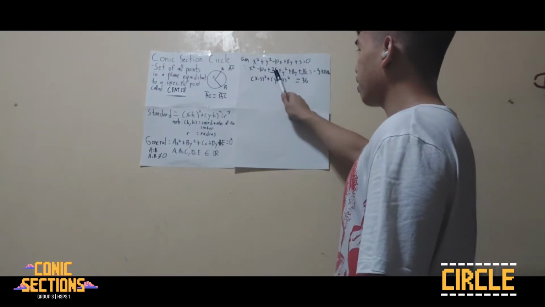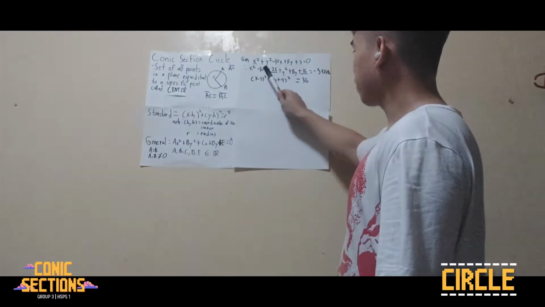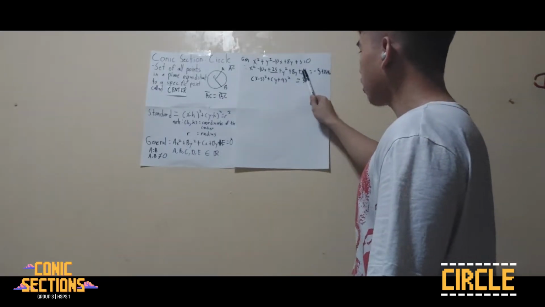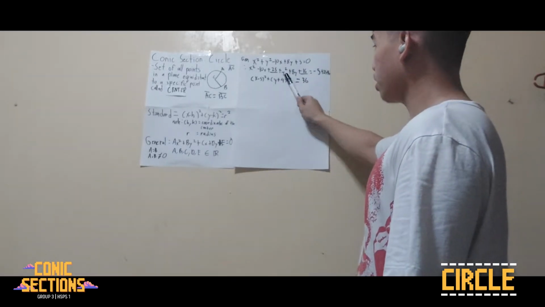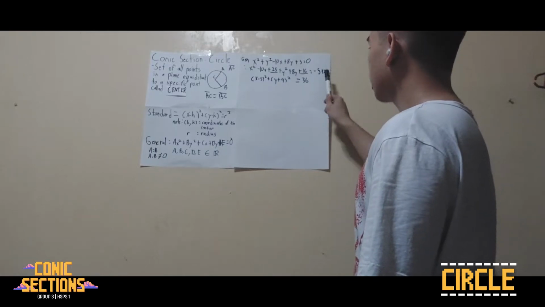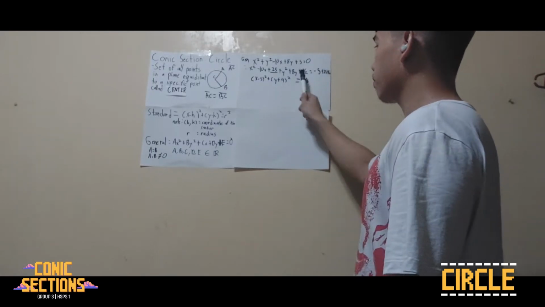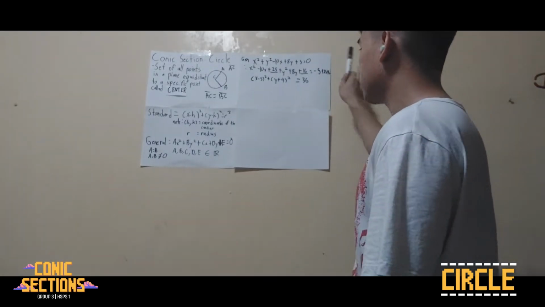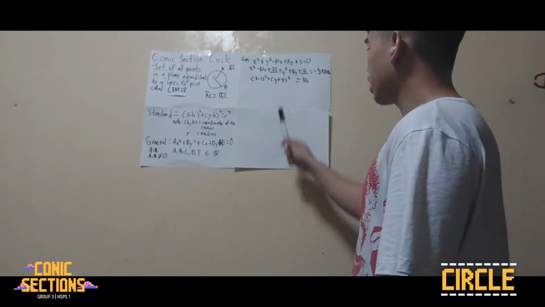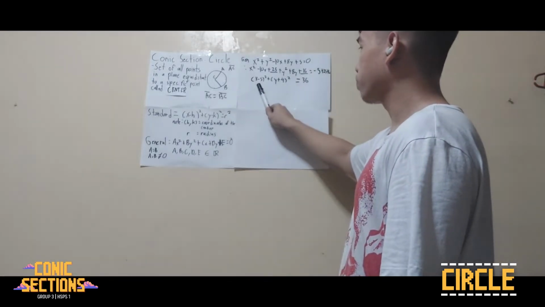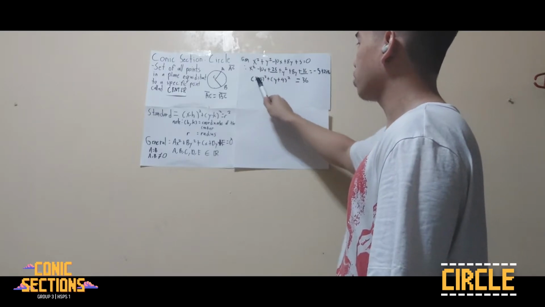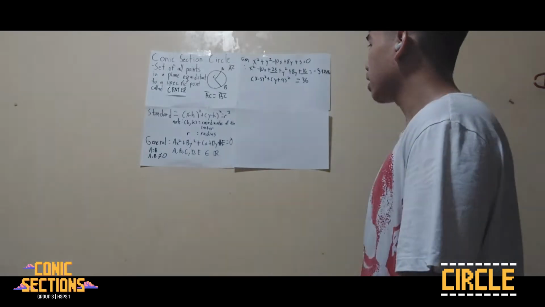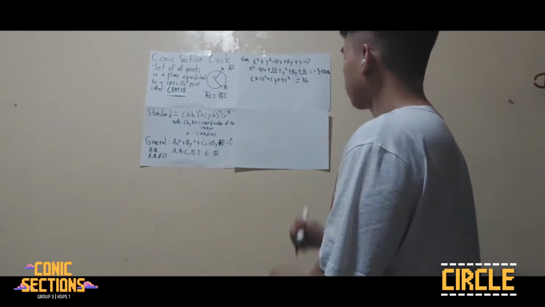So where did the 25 come from? Negative 10x divided by 2 is 5, and 5 squared is 25. Same with here, 8 divided by 2 and squared, it would be 16. So that is where the 25 and 16 came from. Next, I combined all of this, which results to 36. And I made it into this form, so it became (x minus 5) squared. And when you use the FOIL method on here, it will result to this. Same with here. And now, with the standard equation,